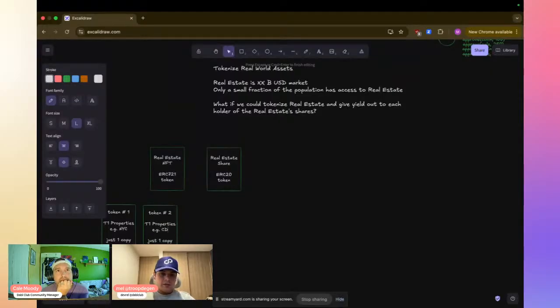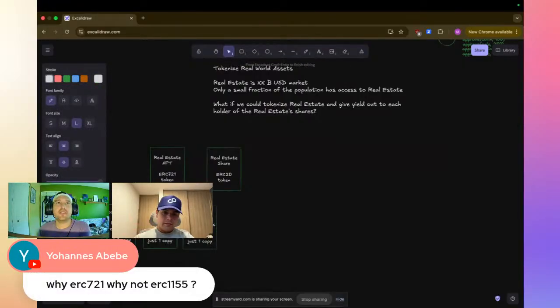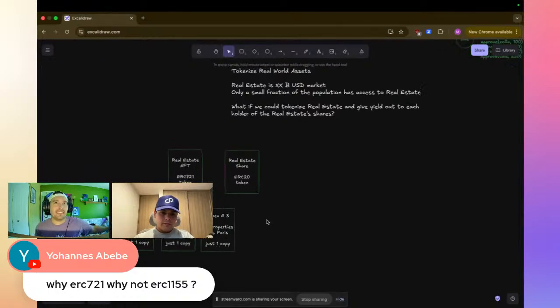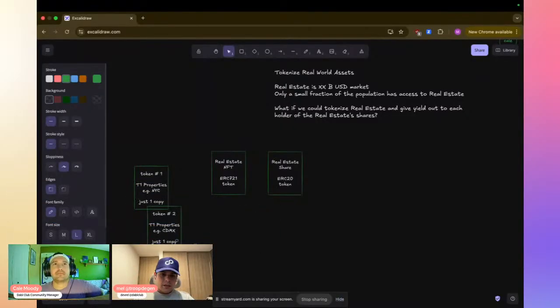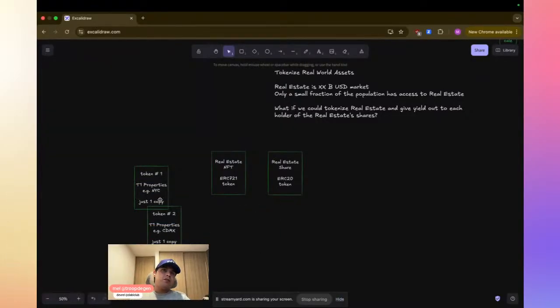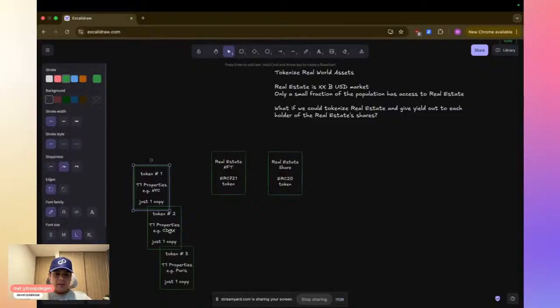Just put the initials. And Mel, if we can maybe get some early thoughts, we don't have to dive super into the details here, but Johan's already interested in why the ERC721 approach, as opposed to, say, an ERC1155, without getting too deep into those weeds right now. Yeah, it's mostly a preference. So with 1155, the idea is that you just generate one copy, and each token ID can be the same as the previous one.